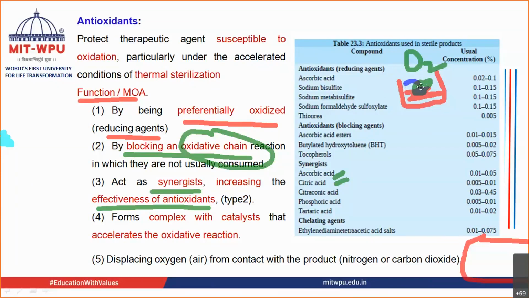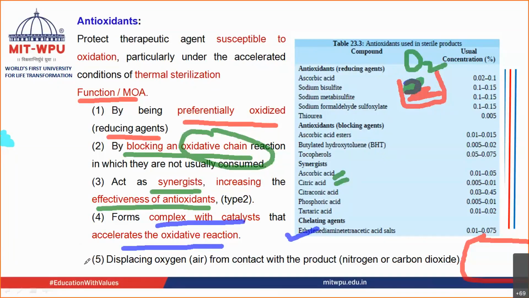They're going to club with this agent, right? So this clubbing of the agent, this chelation, is going to take place. The complex formation is going to take place with this agent. So now these agents which were going to accelerate the oxidative reaction are getting complexed. So they become inactive in nature, and hence they do not show any action, right? So they form complexes with the catalyst that accelerates the oxidation reaction. Examples are the chelating agents, for example, EDTA.